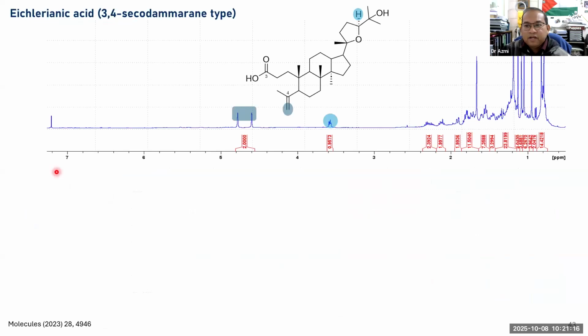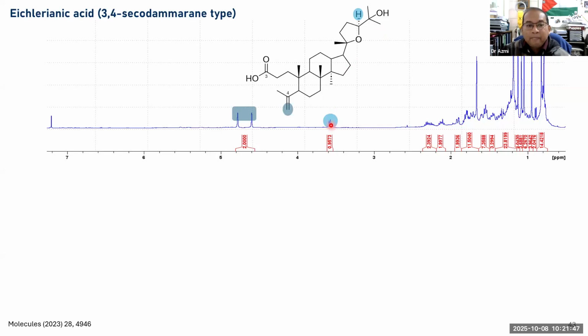So this is very interesting. In the beginning, I thought this was a lupane-type carbon, but when I tried to solve the structure, it was not lupane type. It is a secodammarane-type compound. It is a dammarane type, but ring A is open, and so it becomes secodammarane. If we see clearly the proton in these positions, located in